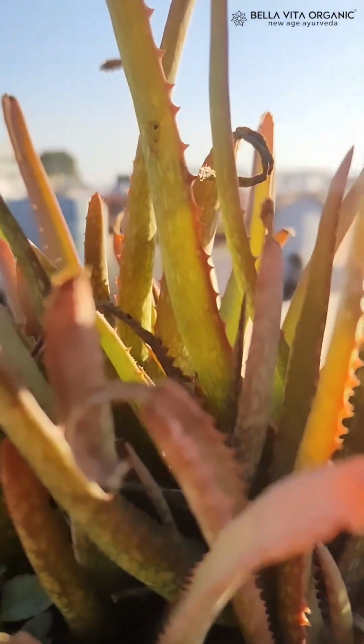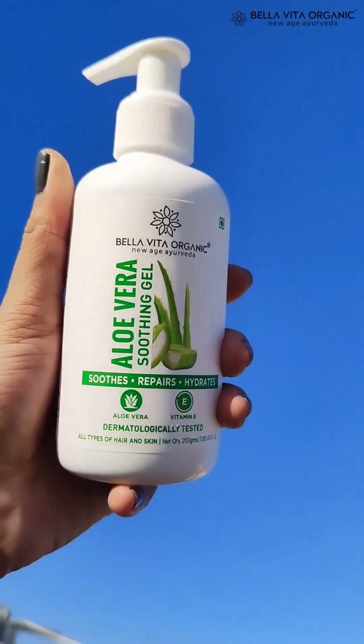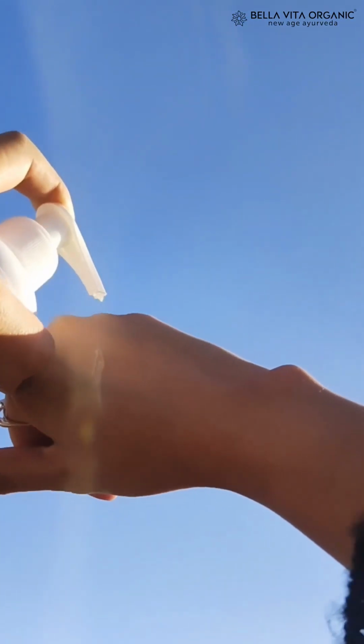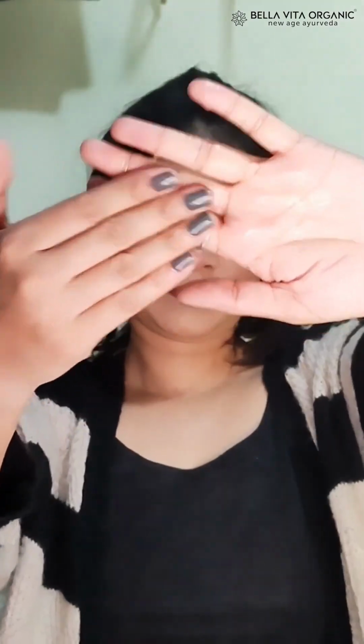Why opt for chemical methods when we can choose the alternative method that hydrates your skin and hair organically? This Vita Organic Aloe Vera Gel is a multi-purpose product and budget-friendly at the same time, so you won't feel heavy on your pocket. Take a coin-sized amount of our aloe vera gel on your palms and gently apply on